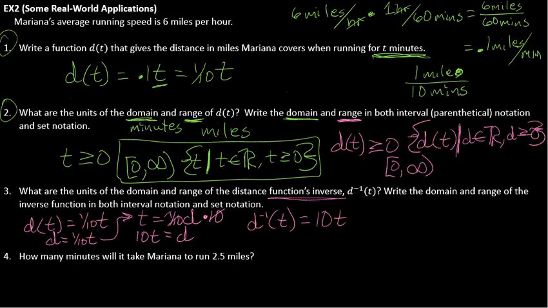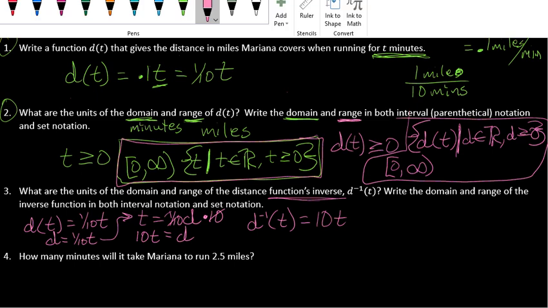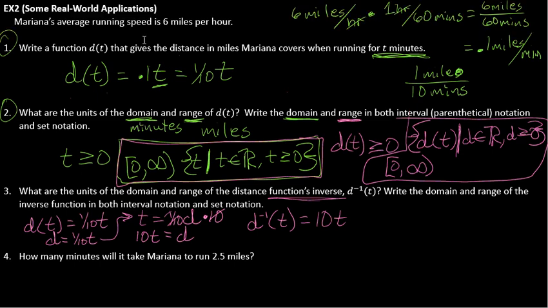Okay, so write the domain and range of the inverse function in both interval notation and set notation. Okay, so what is my domain and range this time? Well, turns out my domain and range is going to be exactly the same. So I'm not even going to bother going about that. How many minutes will it take Mariana to run 2.5 miles? So we really, really have to think here, because our function